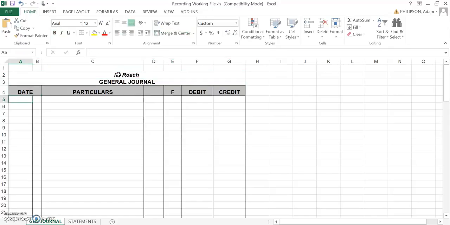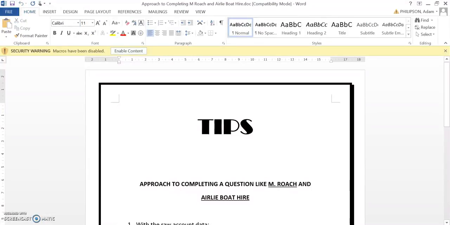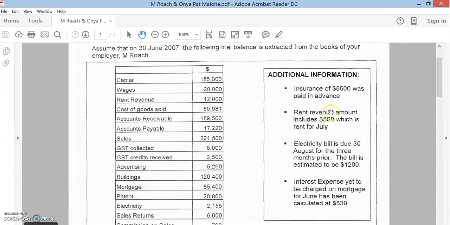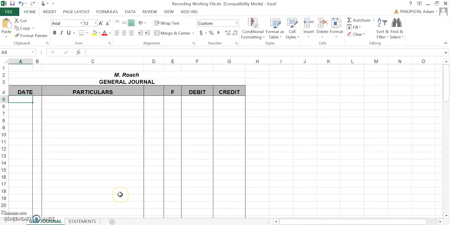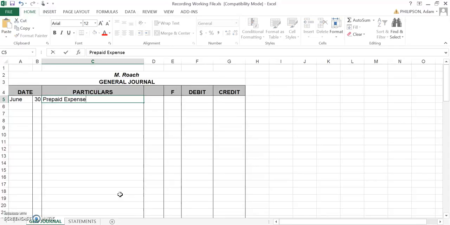And Roach again. Okay, so our first balance day adjustment, over to the right, insurance of $8,600 was paid in advance. So, as you all know by now, since you are all gurus, that our journal entry needs to be, so June 30, we want to debit prepaid expenses, $8,600, and we want to credit insurance